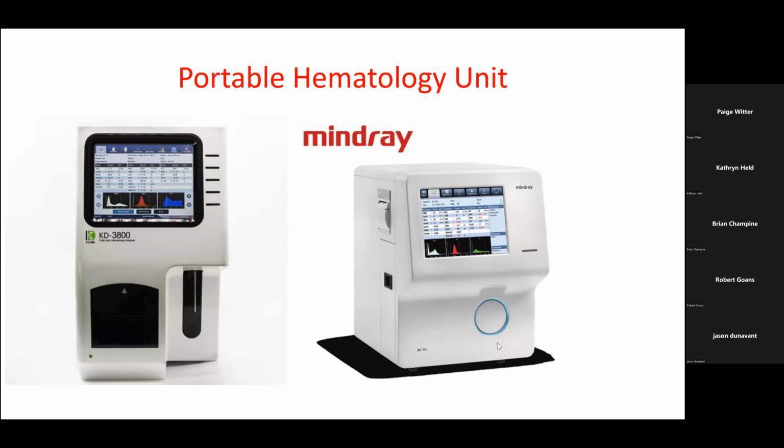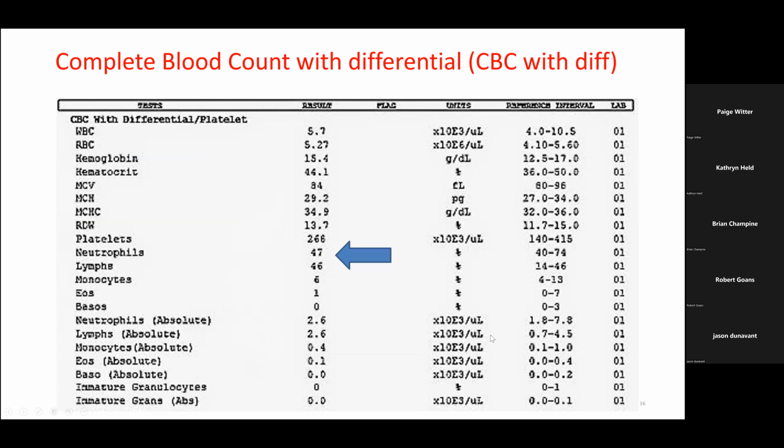All right, let's look at this. So here is a complete blood count. We call it a CBC with differential, CBC and diff. So we have the WBC, the white count, the red blood count, hemoglobin, hematocrit, and then the cellular indices, MCV,